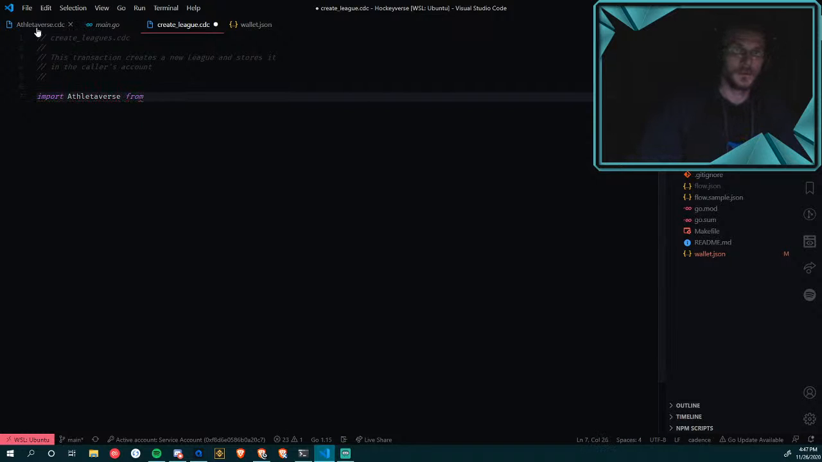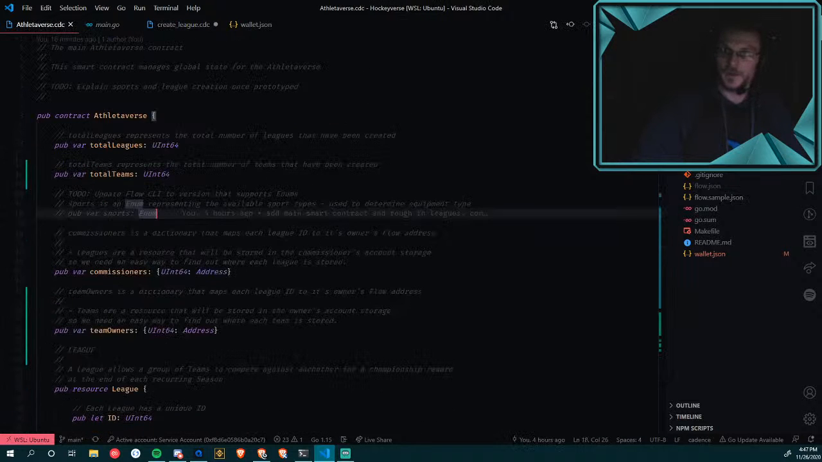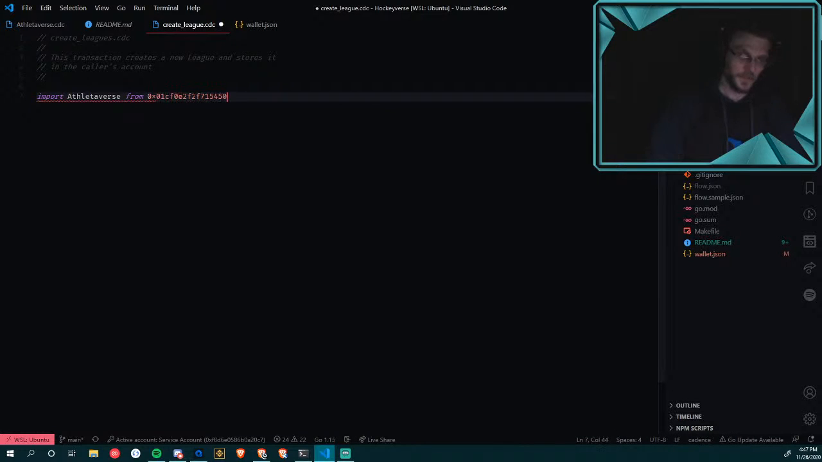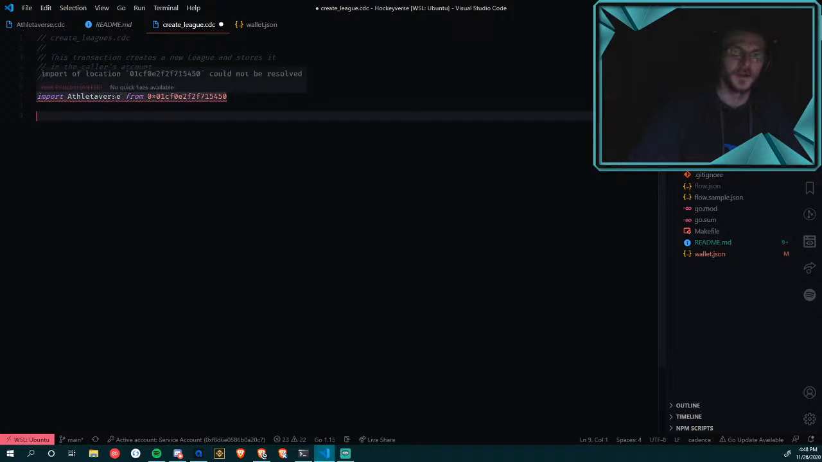So, for starters, when we're writing this transaction, we need to import the contract that we're trying to interact with from the address it's been deployed to. So now we get into red squiggly territory. This is where, the next time we run through the tooling, that'll all go away, because as soon as we deploy the Athletaverse contract, this will be able to see that there, and that inability to resolve will no longer be an issue. So we're importing the Athletaverse contract,